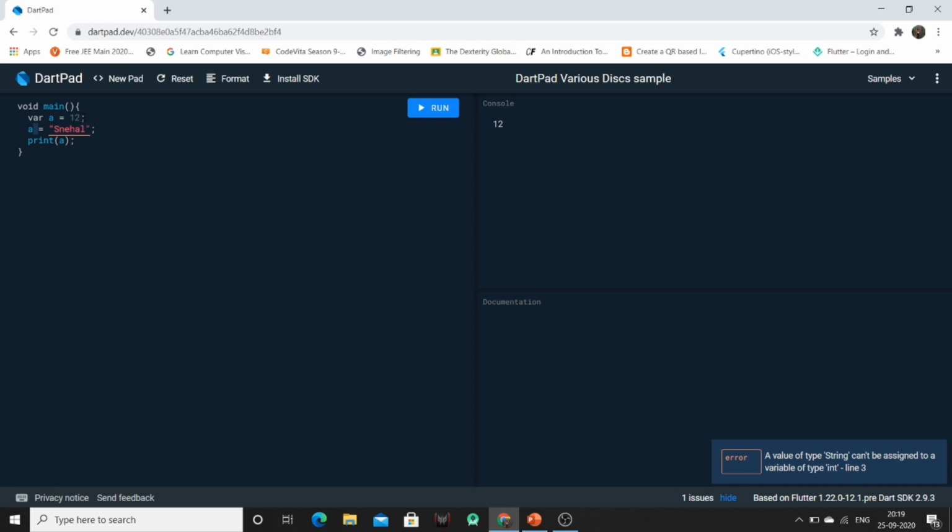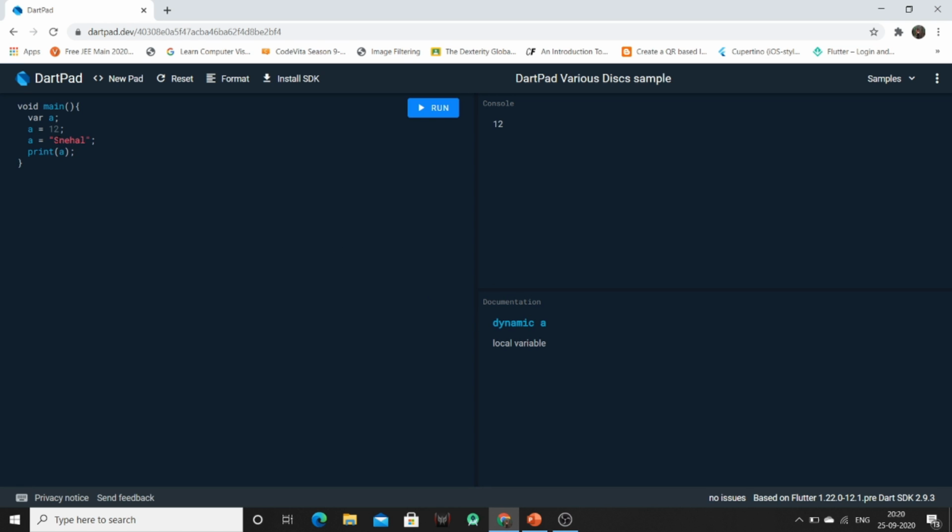So for avoiding this type of thing, we can separate our declaration and initialization part. So I can declare and initialize my variable separately. Now this will not show me an error. Why? Because now this a is of dynamic type.